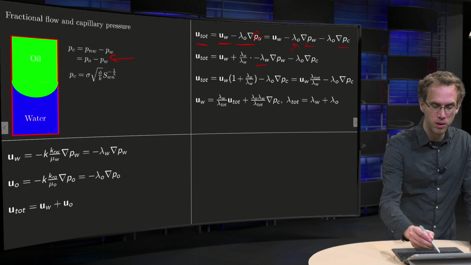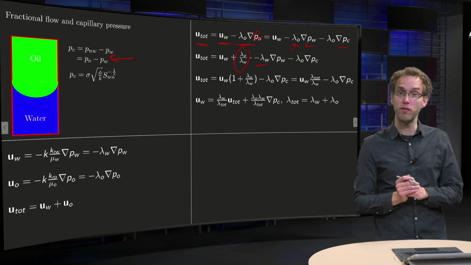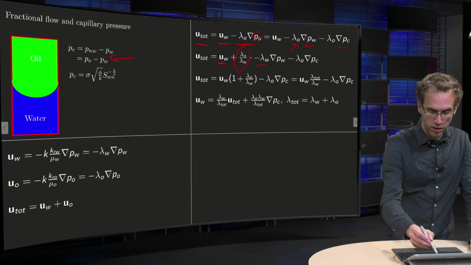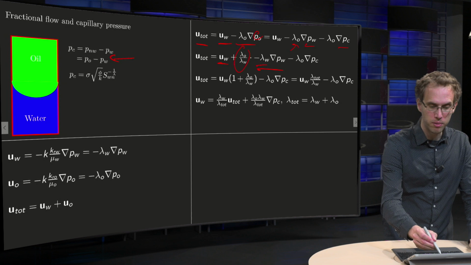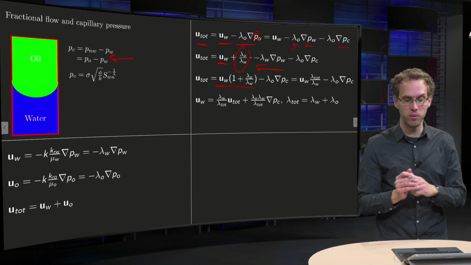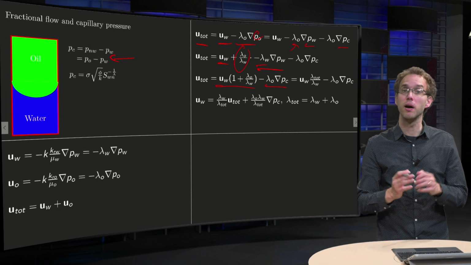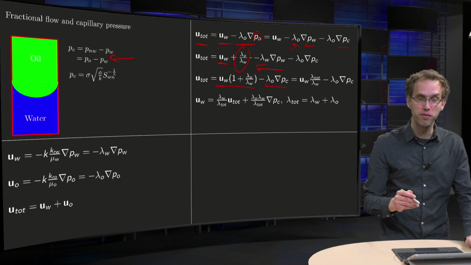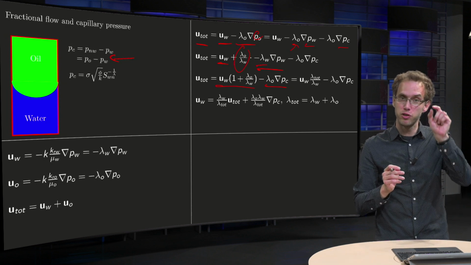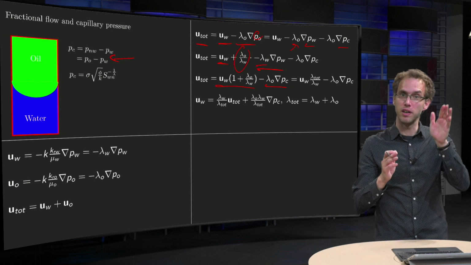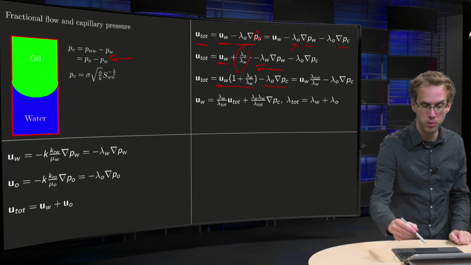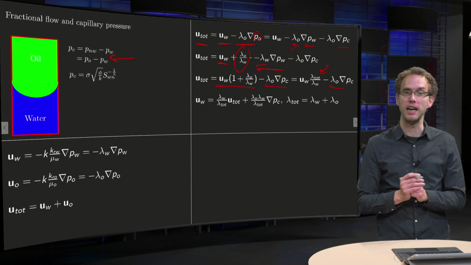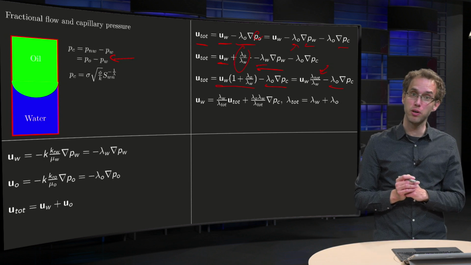We turn this into a lambda W, but then we have to multiply by lambda O over lambda W. And now we see, hey, here we have a U water, and here we have another U water. So we have a U water times 1 plus lambda O over lambda W, minus this capillary pressure term. Let's simplify that a bit. We turn the 1 into lambda W over lambda W, so we get lambda W plus lambda O over lambda W. We call that lambda total over lambda W, and we just leave the capillary pressure term as it is. And now we can solve for UW,